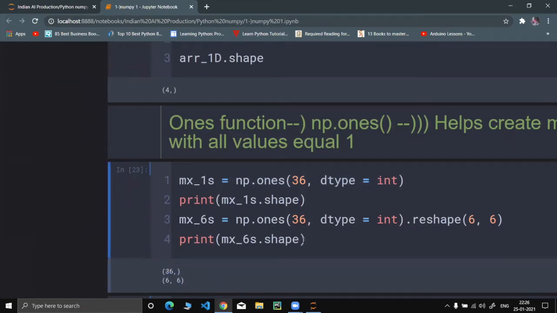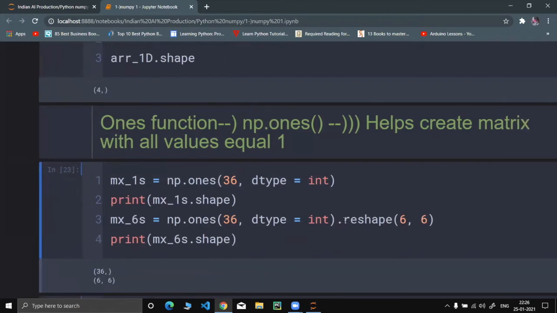Then we used this command dot reshape. If we have a 1D array, it will convert our array into a multi-dimensional array. But we need to keep one thing in mind: the total number of elements should be equal to the multiplication of the reshape dimensions. Like 6 into 6 is 36, right? Let's just create an error.